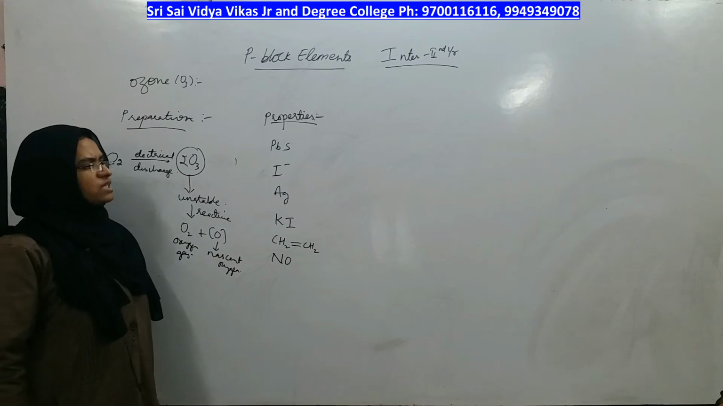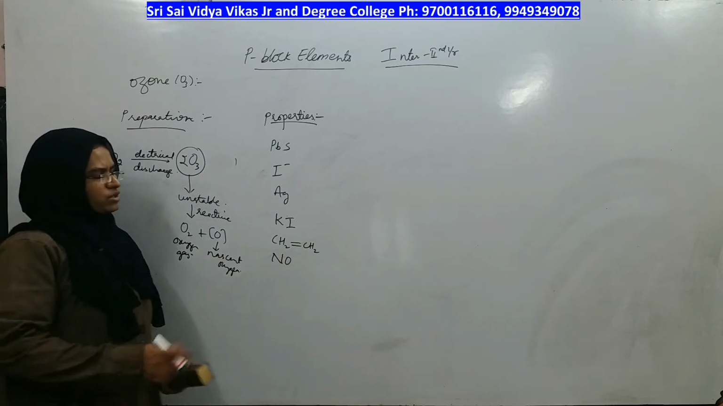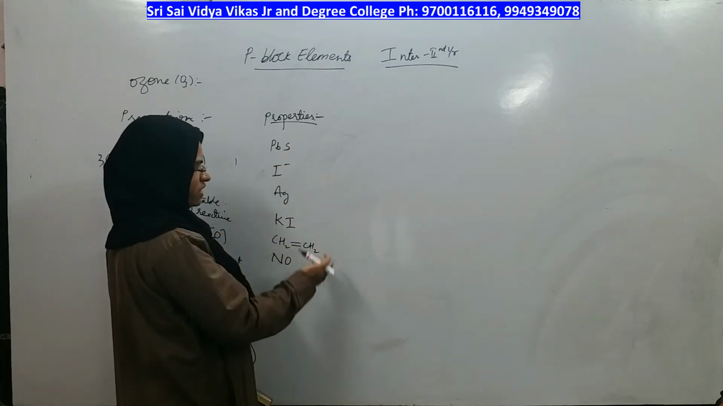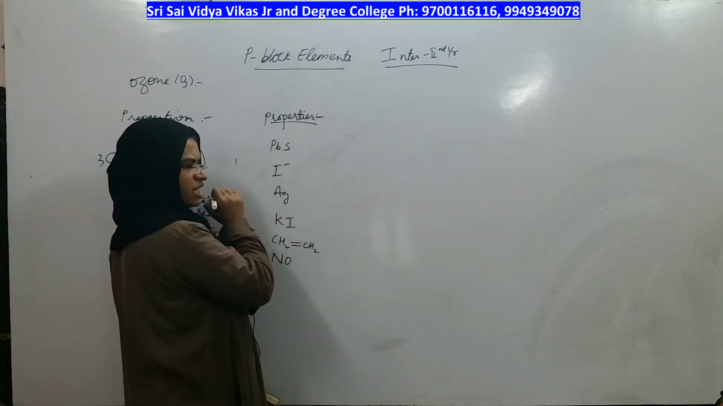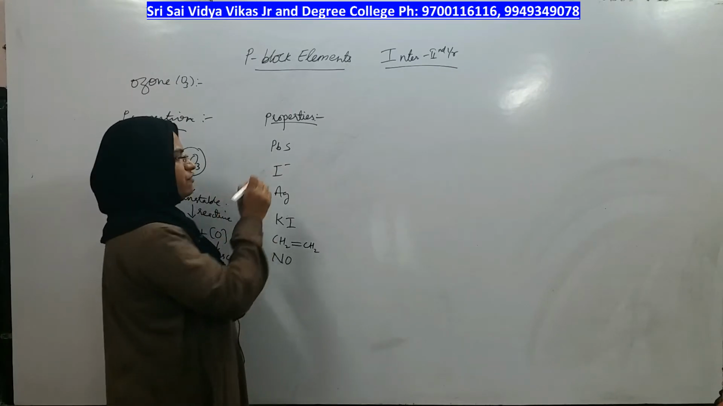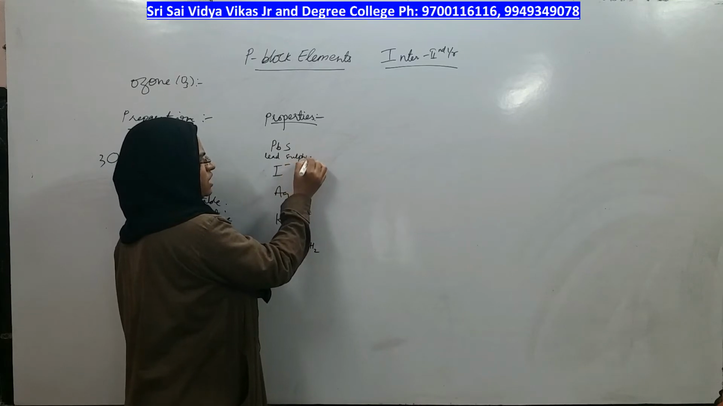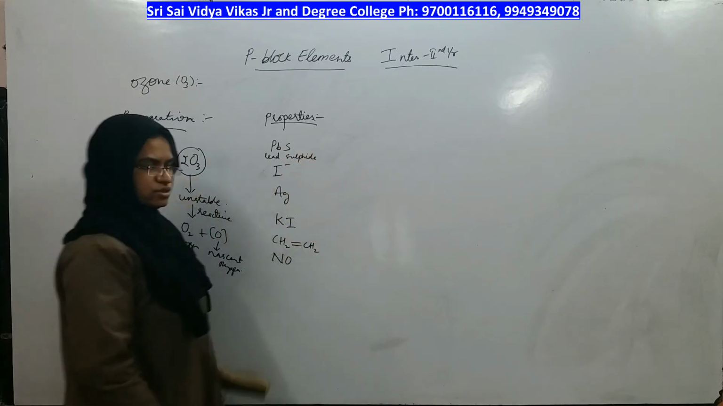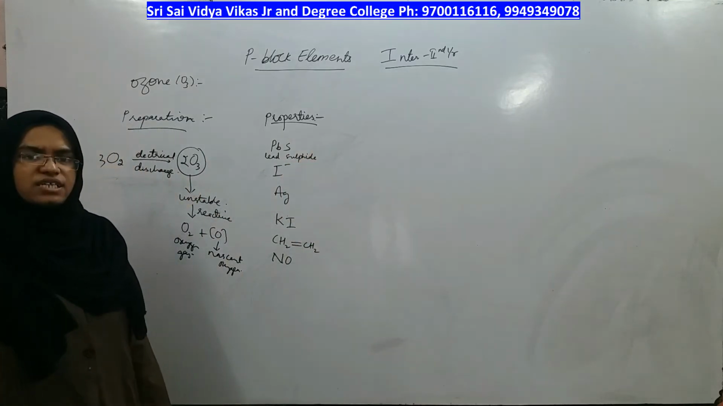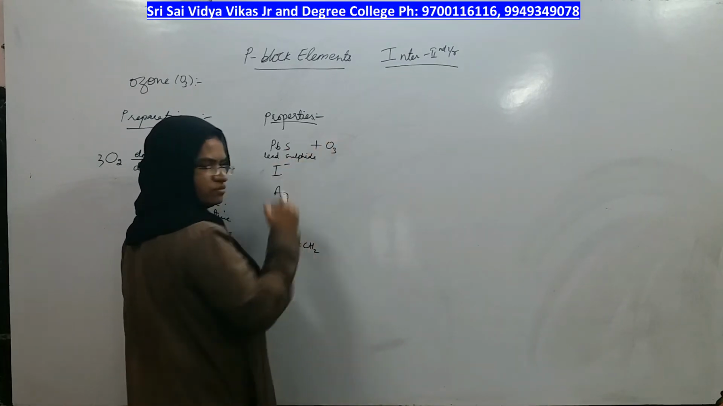So now we will see the different properties of ozone with different compounds. There are so many varieties of compounds with which ozone can react. What is the first compound I have taken? Lead sulfide. The color of this is black. So black lead sulfide reacts with ozone to give